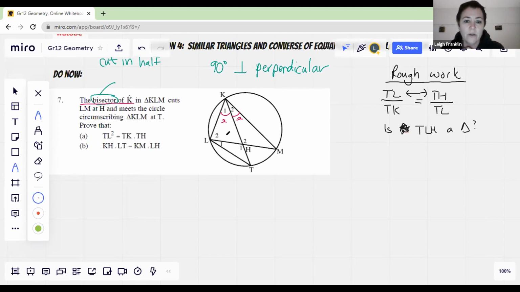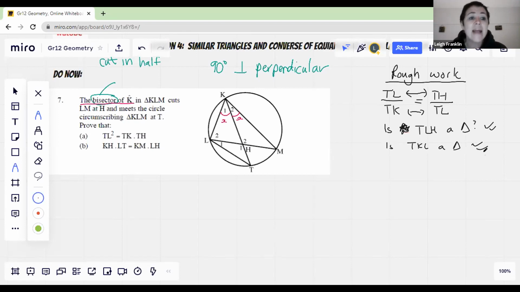TLH is a triangle. Okay, it's this little one over here. Yes, okay, so that's looking good. What about TKL? Is TKL a triangle? Yes. TKL is also a triangle. Okay, so now that we've got two yeses, I think we've identified the two triangles that we're going to work